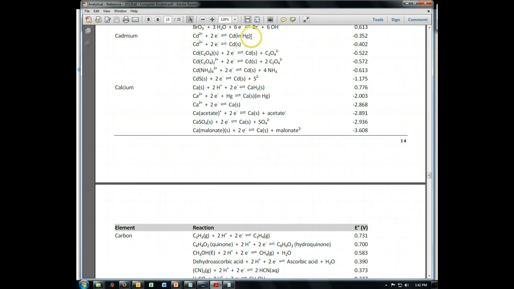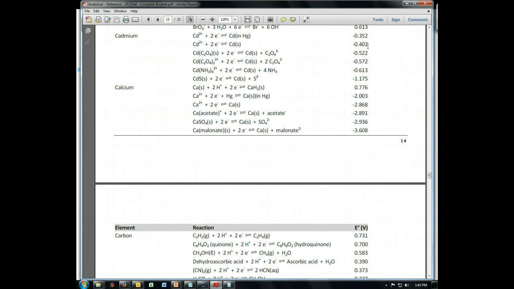This one is when it's actually in mercury. And remember, you can have metals become amalgams when they're dissolved inside of mercury. And that can drastically change how much energy is needed to pull off electrons. So make sure you only use it if it actually is in mercury. We don't have mercury, so it must be the second one. We find E naught to be negative